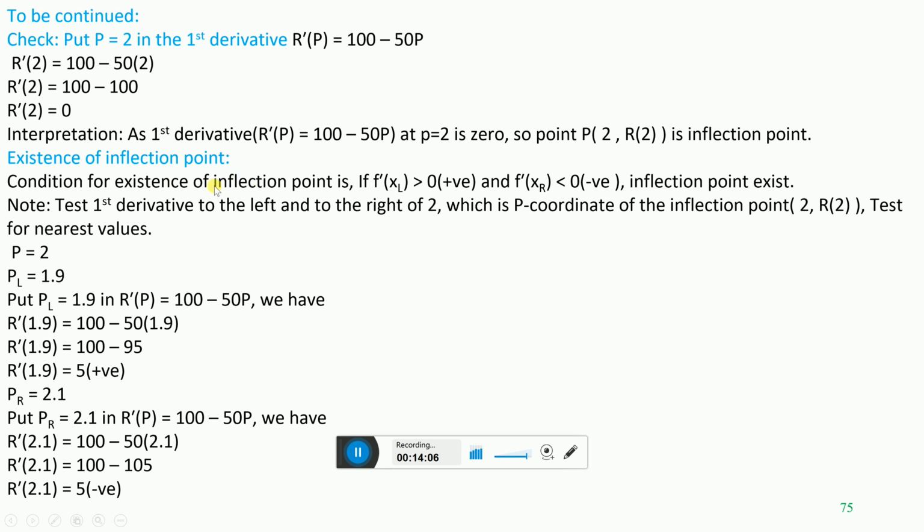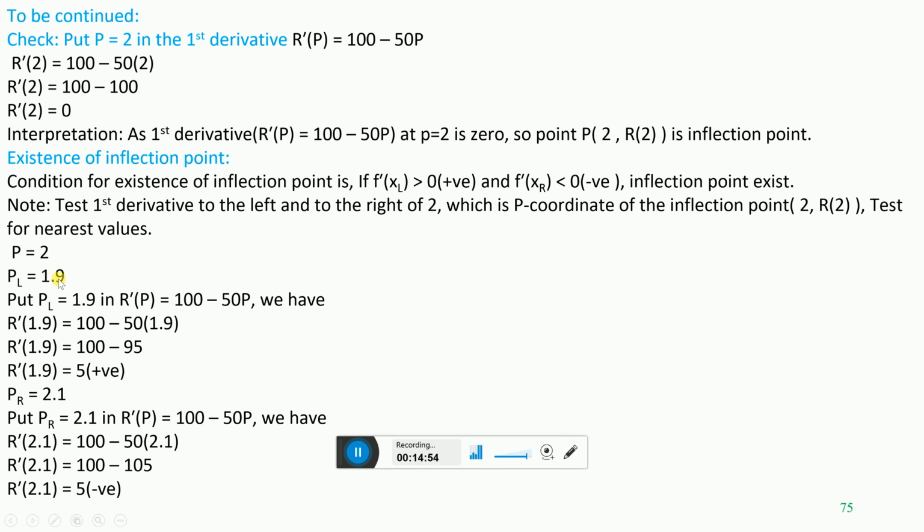So the condition for existence of an inflection point is, if the first derivative to the left of x is positive and the first derivative to the right of x is negative, an inflection point exists. Let me clarify this existence using a practical example. What is our p value? 2. What is the near left value of p to the 2? So PL means the near value of p to the left side of 2,